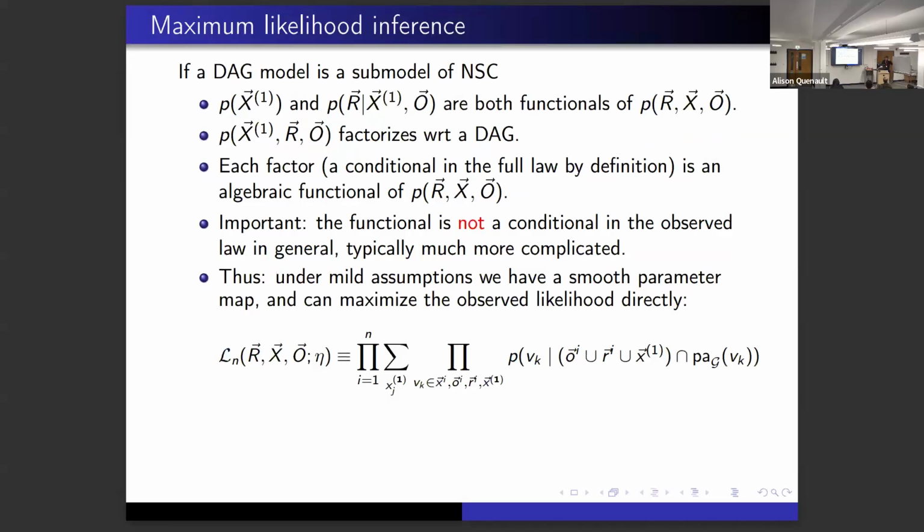But the point is I can just maximize this observed likelihood directly. In other words, I just write down the likelihood, and my likelihood is just the DAG factorization. The only extra thing I do for missing data is that for every row, I consult which of the R's are 1s, and those I leave alone. For any R's that are 0, I just sum over the corresponding X's, because for that row I don't see those X's. So it's selective marginalization based on what missingness pattern there is. That's all that I'm trying to write here. Maybe it's hard to see.